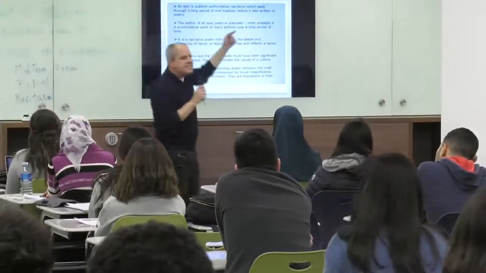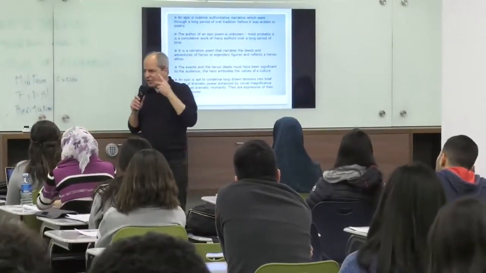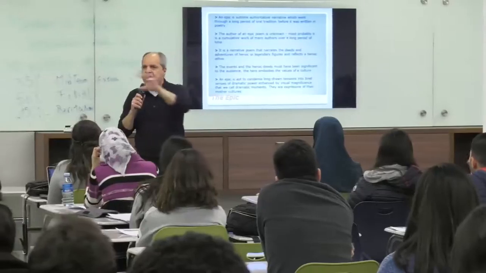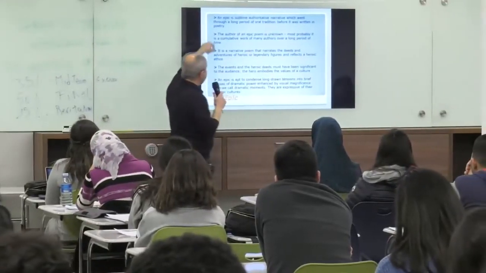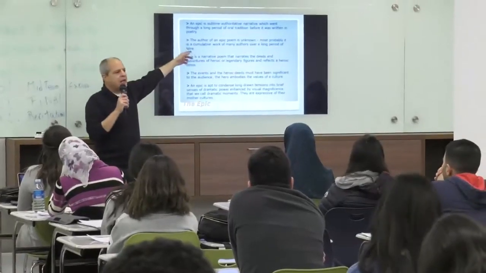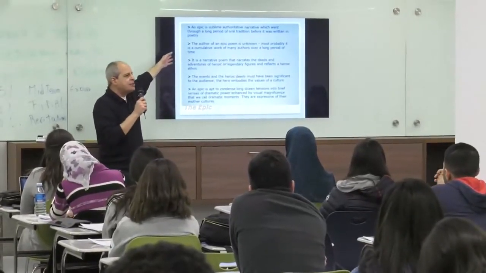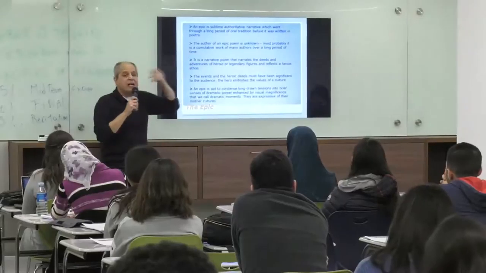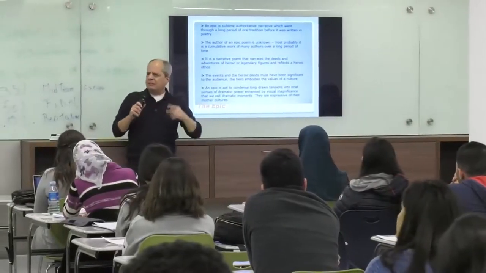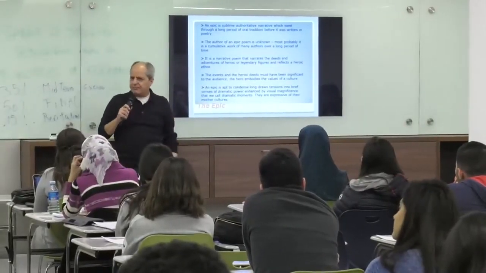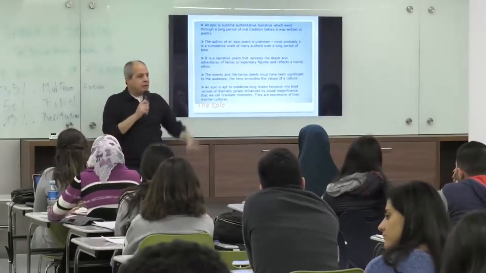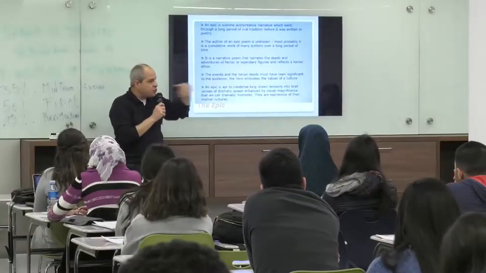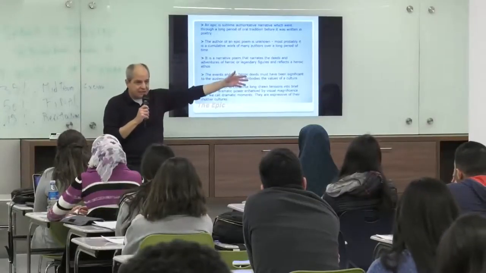So an epic is a narrative poem. I just wanted to explain what narrative is in terms of camera and movie and YouTube. And the author of an epic is unknown because this is an oral epic, Gilgamesh. It was narrated in Sumerian before it was written down in Babylonian. 1,500 years of oral tradition in a certain language and culture.